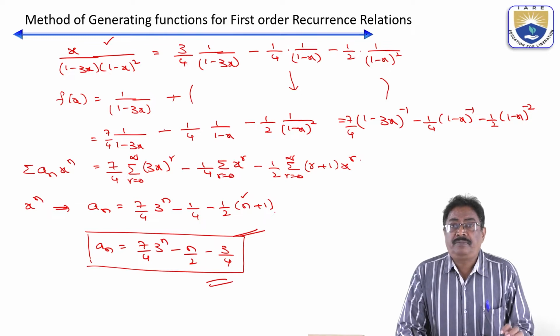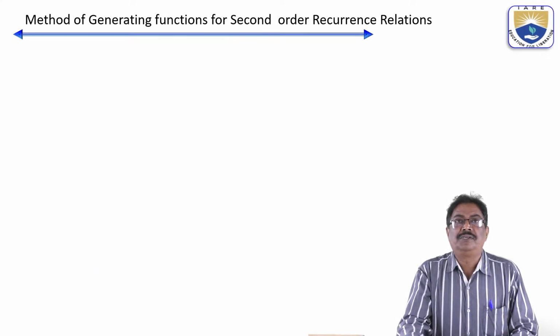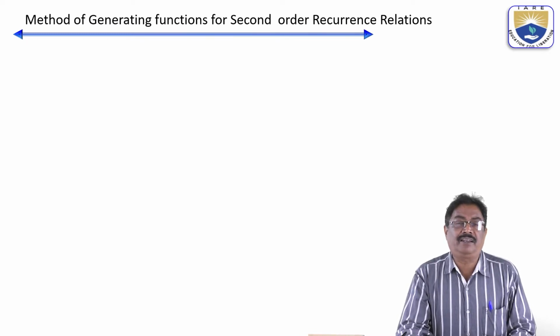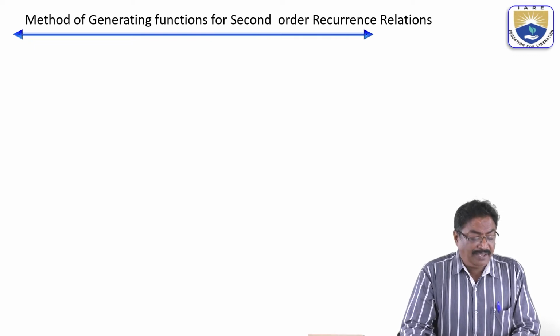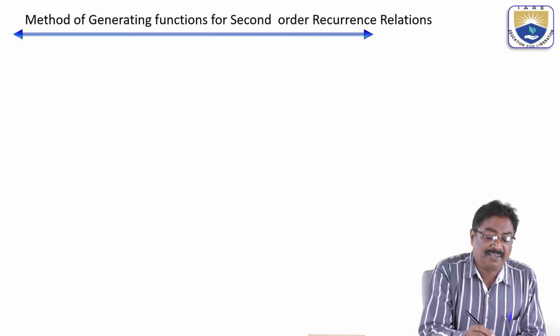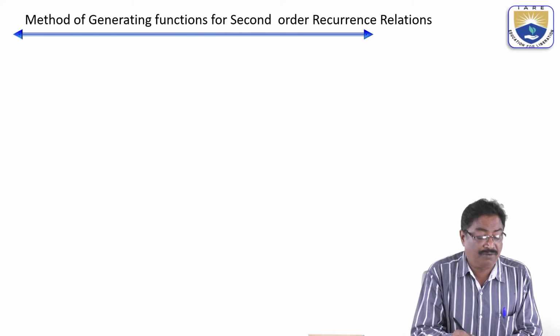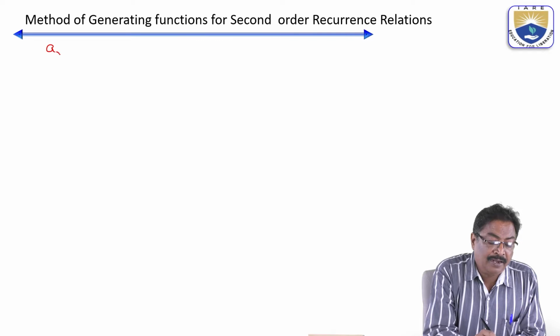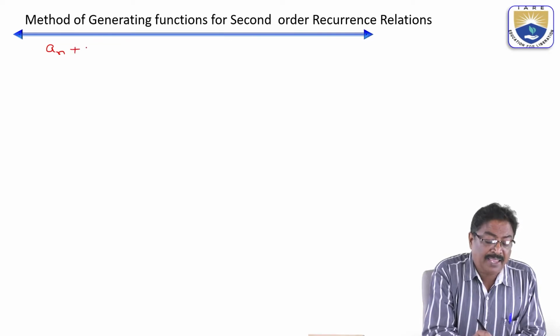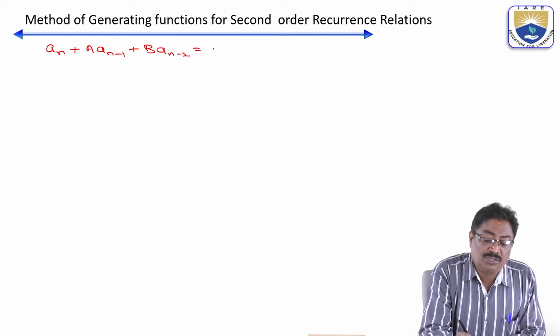Now, with this, we are going for second order recurrence relations. Method of generating functions for the second order recurrence relation. Let us consider the second order recurrence relation form. Suppose the recurrence relation to be solved is of the form a_n plus a a_(n minus 1) plus b a_(n minus 2) is equal to f of n,